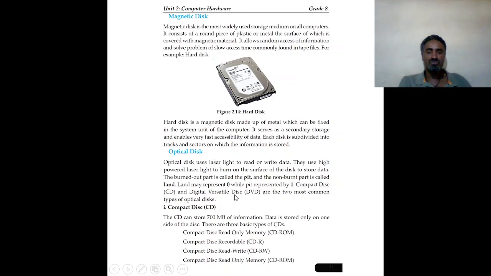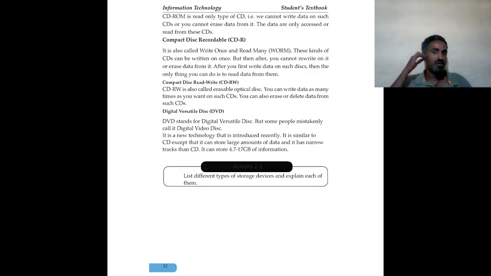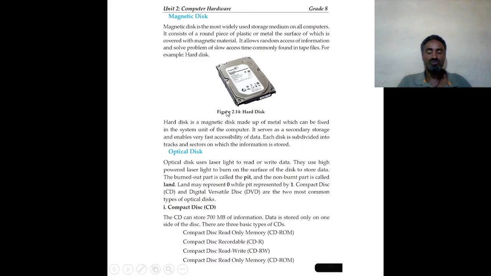The only difference is their storage capacity, but they have equal dimensions, 12 centimeters. The CD can store 700 megabytes of information. What about DVD? It stores 4.7 up to 17 GB of information. Therefore, their only difference is this.